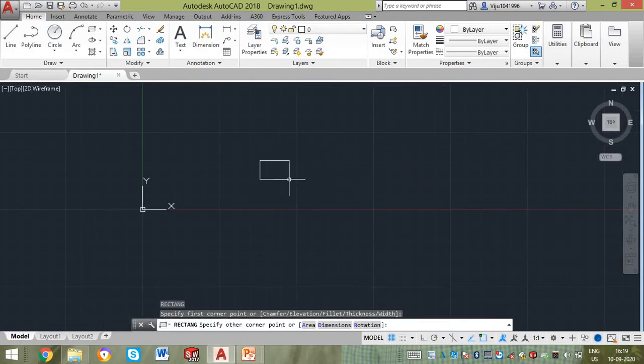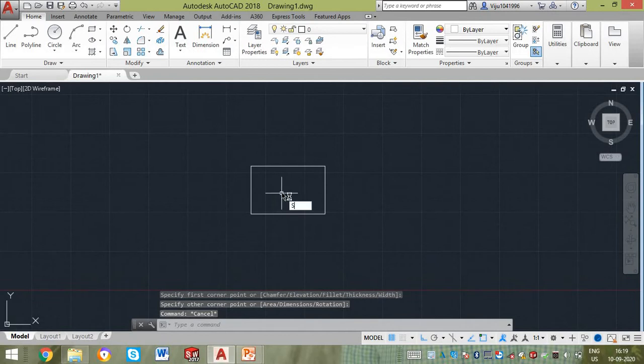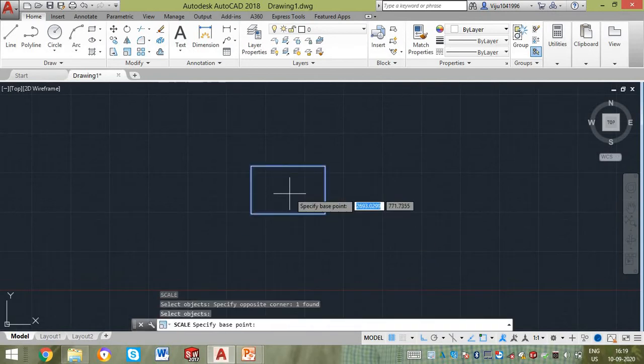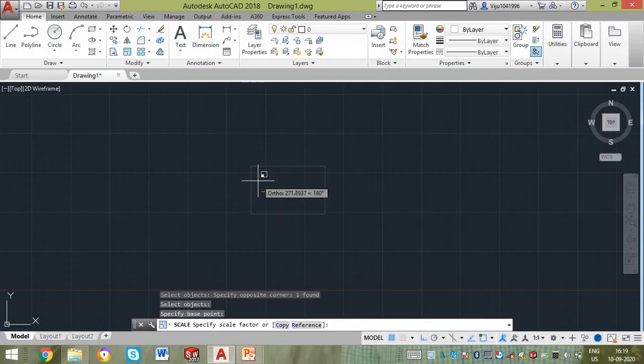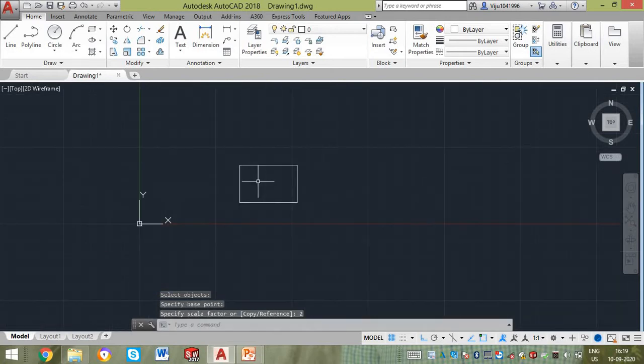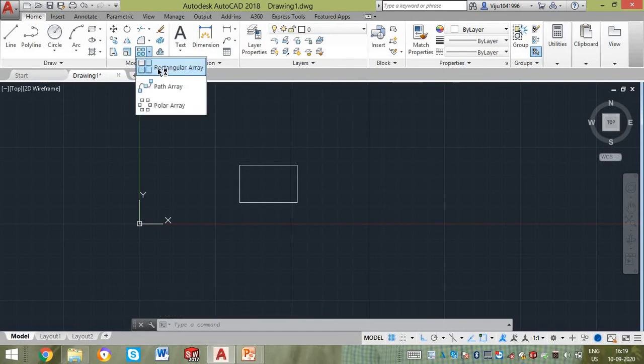Next we have types of array. Array is nothing but patternizing. So I will use this particular rectangle for a rectangular array.